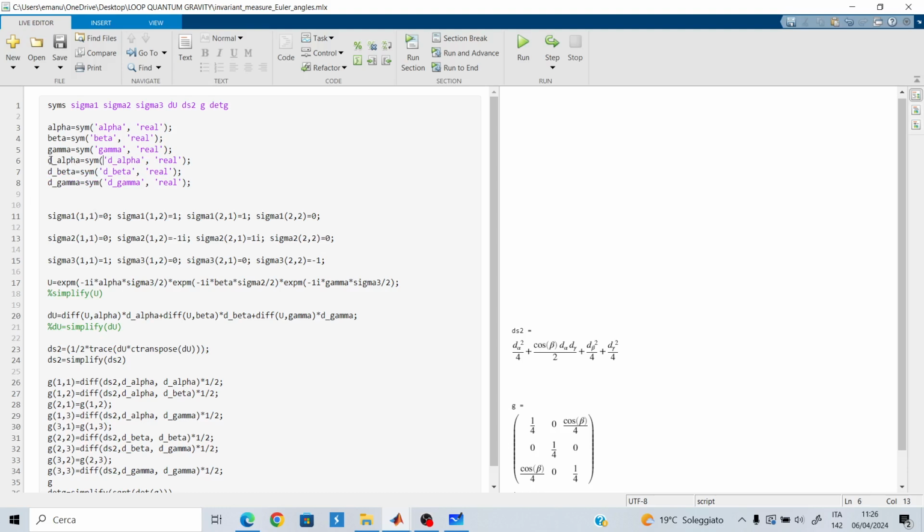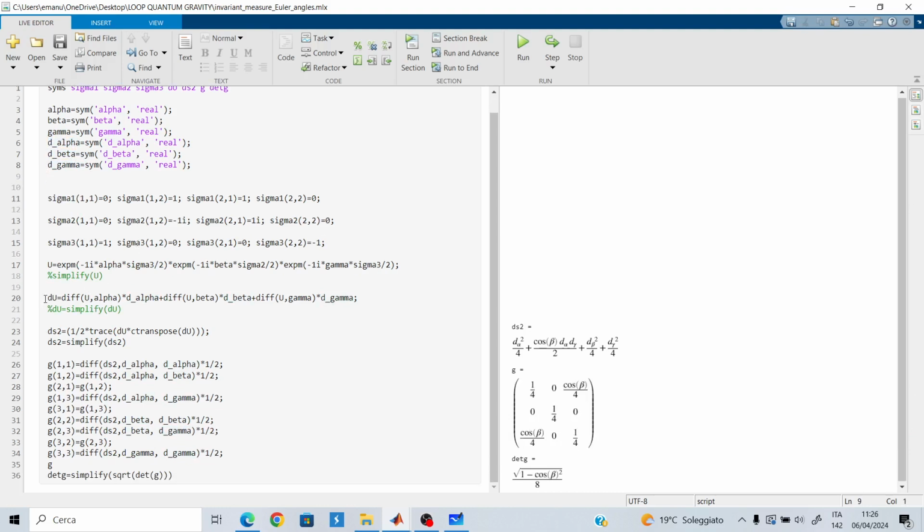And then I define the differential of alpha, the differential of beta, and the differential of gamma. And I calculate the differential of u like this. I take the derivative of u with respect to alpha, and then I multiply it with d alpha. This is just the chain rule. So I have plus the derivative, when you see diff, this is the derivative, of u with respect to beta, and then I multiply it by d beta, plus the derivative of u with respect to gamma